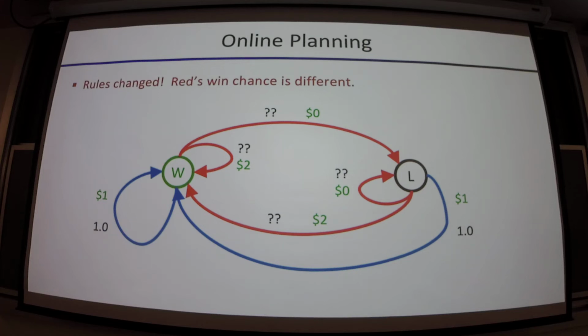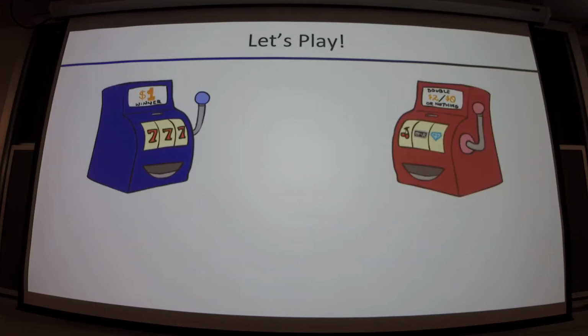Okay, let's talk about online planning. We realized that that was a bad slot machine and the house was losing all the money, so we replaced it with a different one. Now I'm not telling you what the transition probabilities are for pulling the red slot machine. What should we do? What's the right answer? Reinforcement learning? Hey, good answer. Yes, but more informally, more broadly, why don't we try it out and see what happens? It's not clear what the right answer is yet. So what should we do?